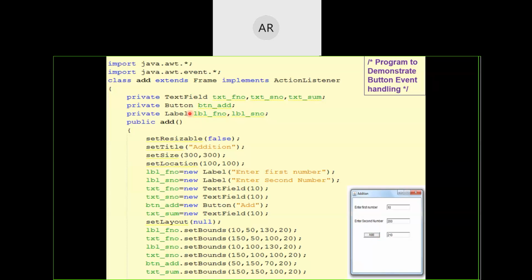Then in the constructor, to allocate the memory, for the frame itself, we have set resizable as false, set its title as addition, set its size as 300 by 300 pixels, and set its location as 100 by 100, so that the frame can be viewed correctly on our monitors. For all those we have declared above, we have allocated the memory along with their initial